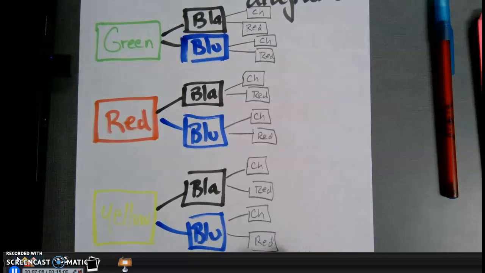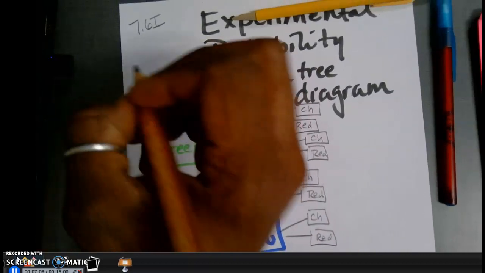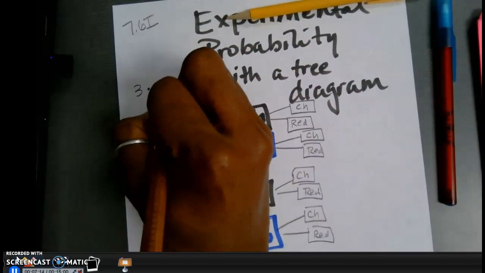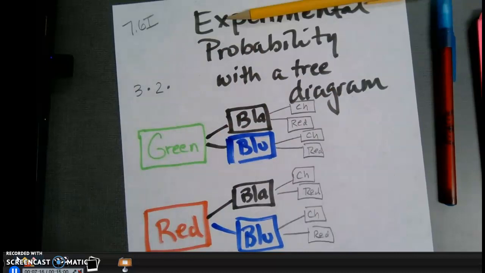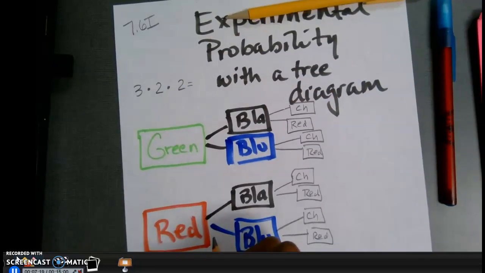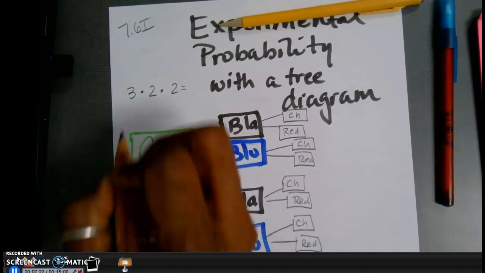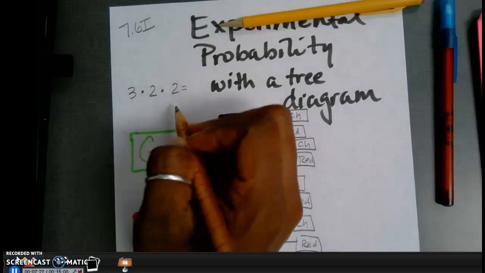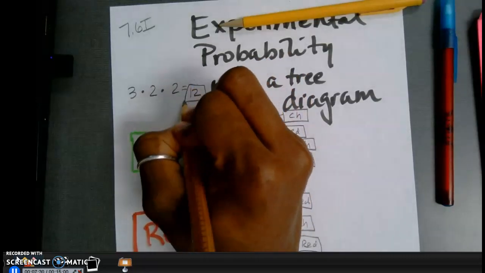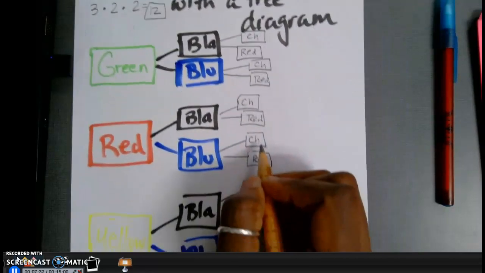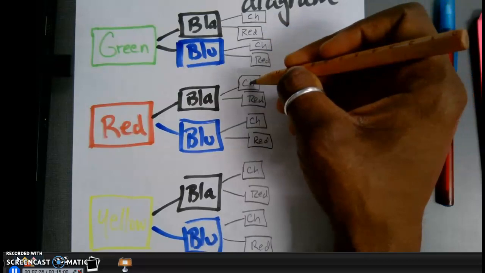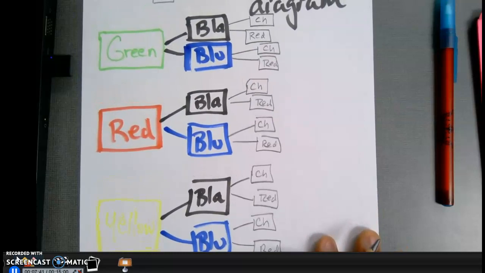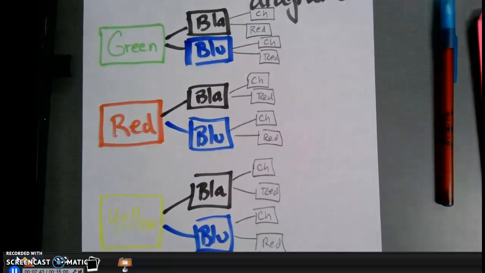So we know that if there were 3 options for my shirt, 2 options for my pair of pants, and then 2 options for my socks, we would have been able to multiply all of these across. Okay, so 3 times 2 is going to give me 6. 6 times 2 is going to give me 12 different possibilities in my sample space. So let's confirm. I have 1, 2, 3, 4, 5, 6, 7, 8, 9, 10, 11, 12. That's 12 different options that I have in terms of how I could have randomly dressed in the dark,